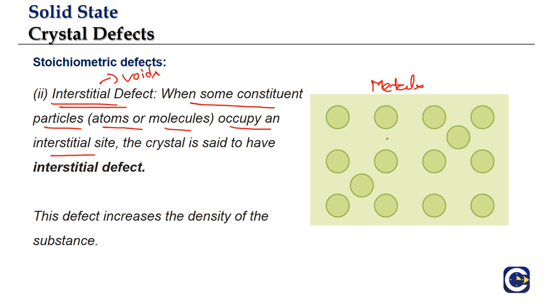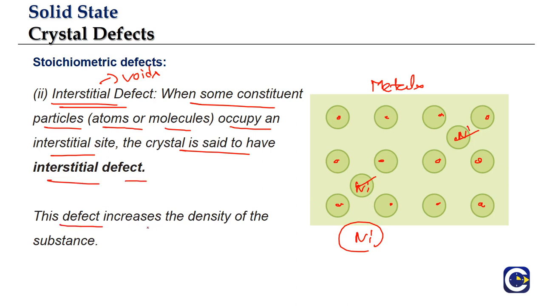we can see that if we take these red color markings to be the particles of the original lattice, this one and this one, both are occupying what? The interstitial sites. Let us say we have a solid crystal of nickel. Here one nickel atom and another nickel atom are going and occupying the interstitial sites. And such a defect is what we call an interstitial defect.